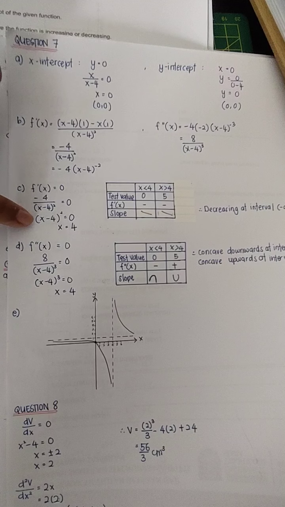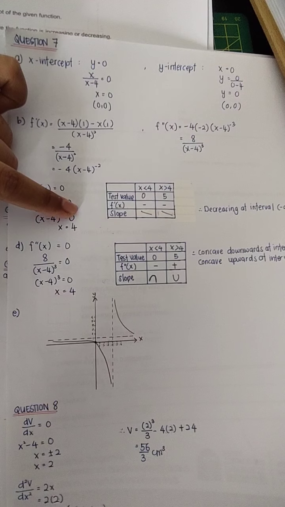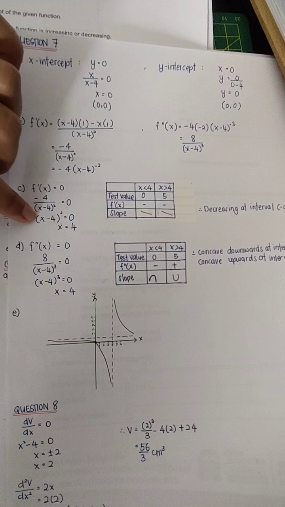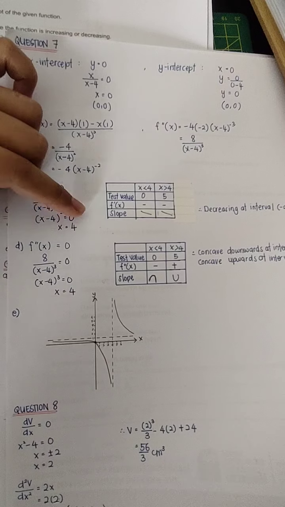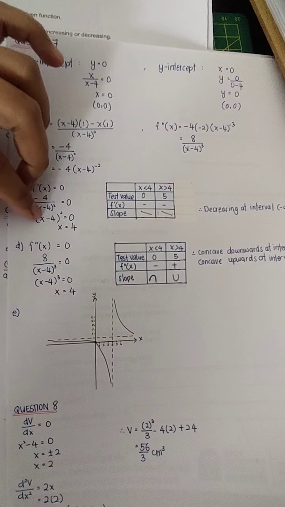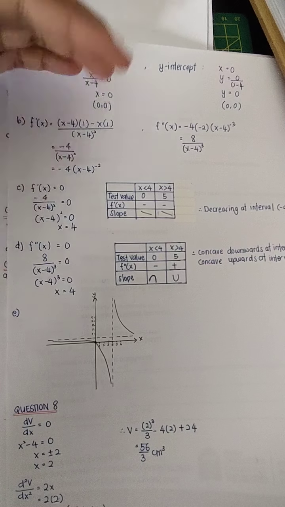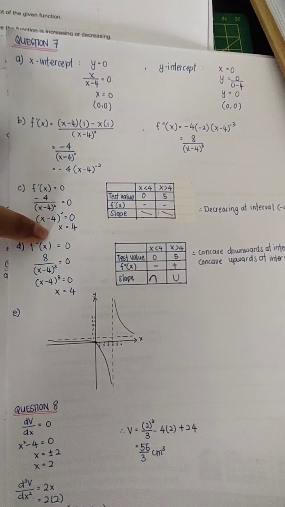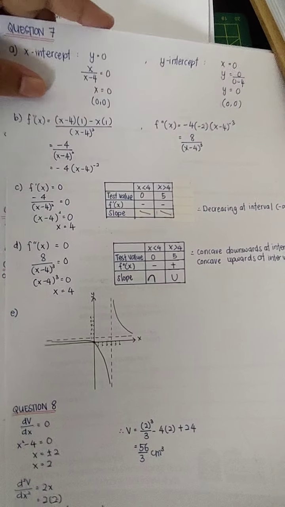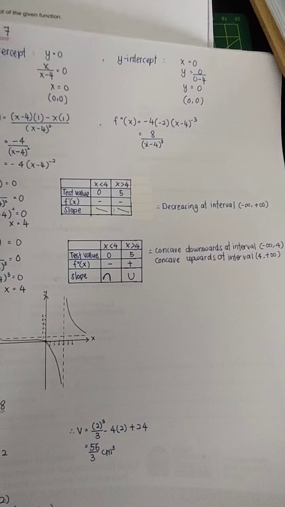Okay, so daripada situ kita akan ada over negative 4. So negative 4 ni saya terus bawa ke sebelah sini, darab dengan 0, so 0 lah. Okay, and then (x minus 4) semua ni square, so square bawa sebelah kanan, jadi square root 0, still 0. And then x minus 4 equal to 0, so negative 4 ni saya bawa ke kanan jadi plus 4, so 0 plus 4 is 4, so sebelah sini tinggal x. Okay, boleh. So kita tahu interval kita adalah x equal to 4, so ada satu je, whether less than 4